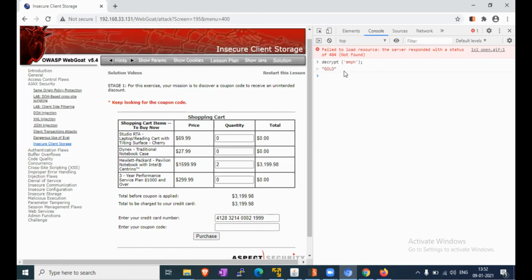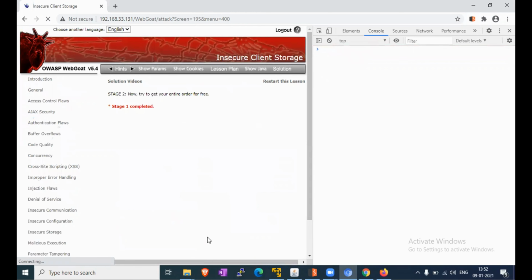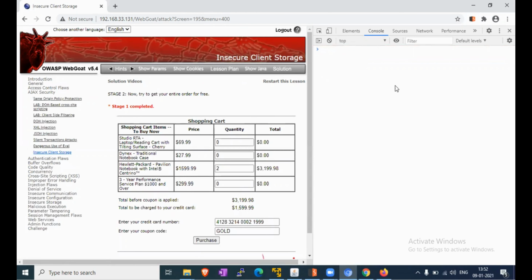So the coupon code is decrypted to the word gold. Now we have to enter that code here, and we will purchase gold. Now click on purchase. Stage 1 is completed.